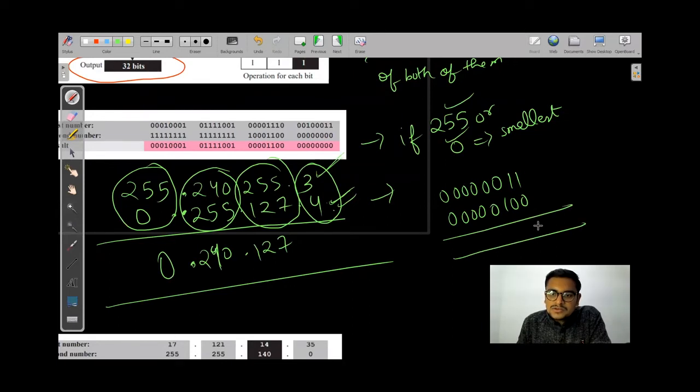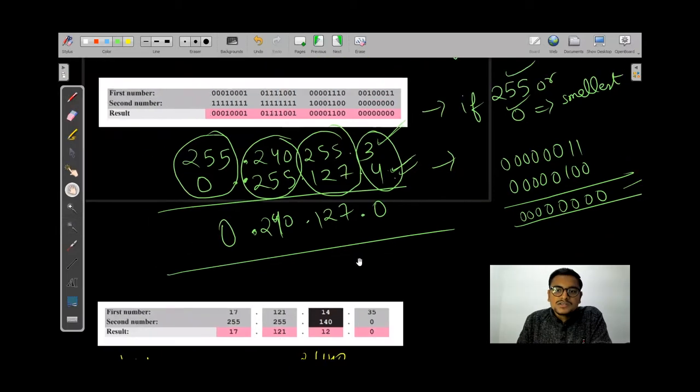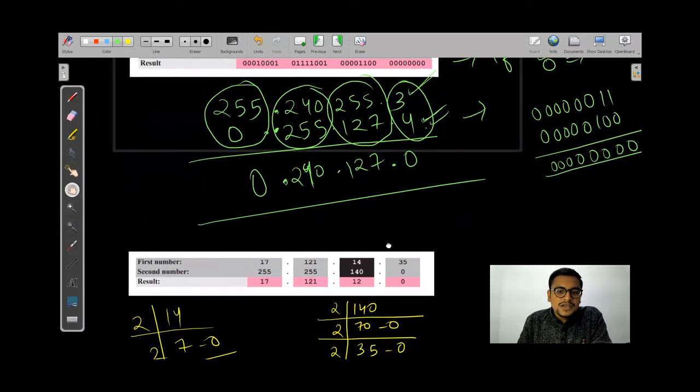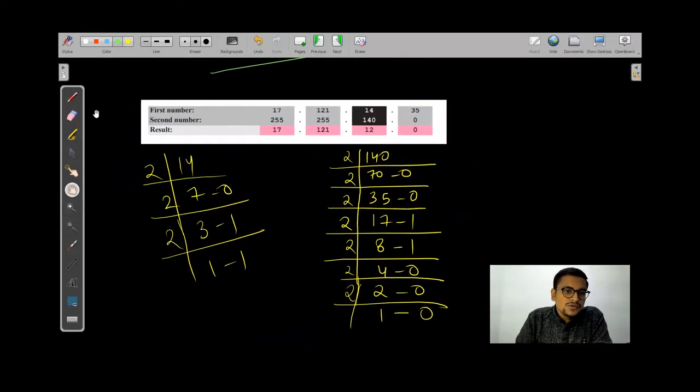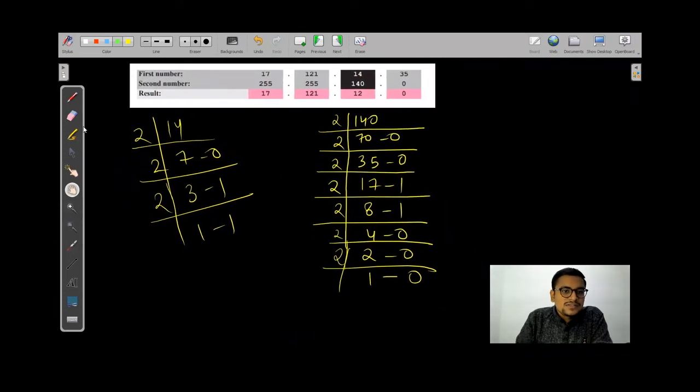This is 1000 and 0 and 0, so it will be 0. And just represent it in the decimal form and put it over there. So that's the case of our dotted decimal form. And here's one example that I would like to show you. So in this case, let's suppose I have this first number and